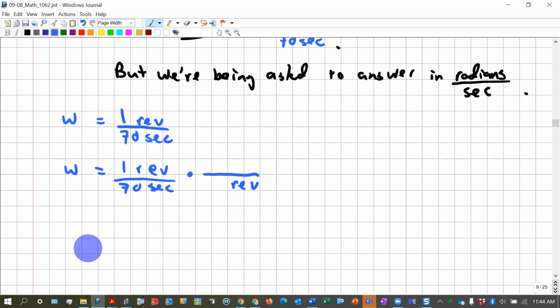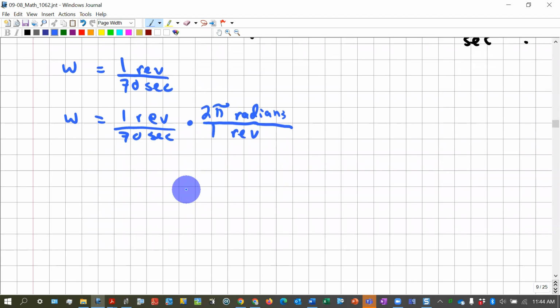So we're going to need revolutions in the denominator in our name for 1 and radians in the numerator. And we know that in 1 complete spin, there's 2 pi radians. So the exact answer is 2 pi over 70 radians per second,